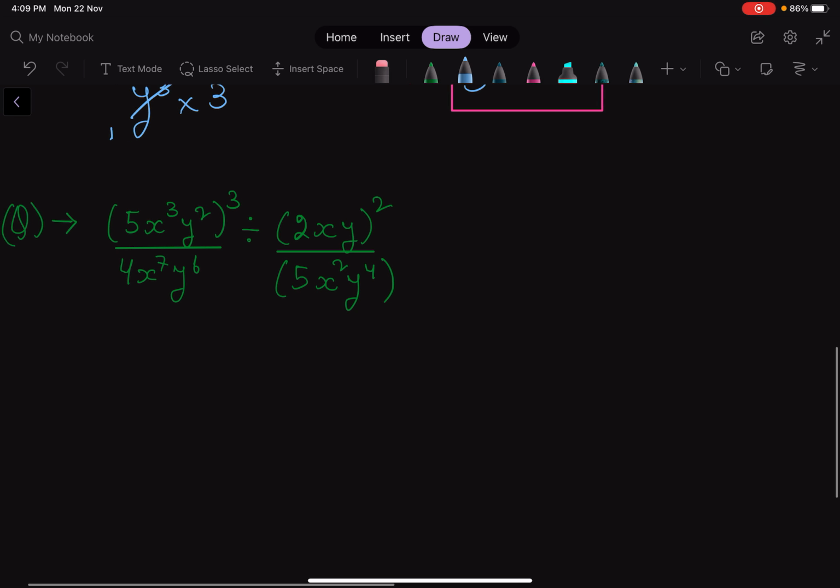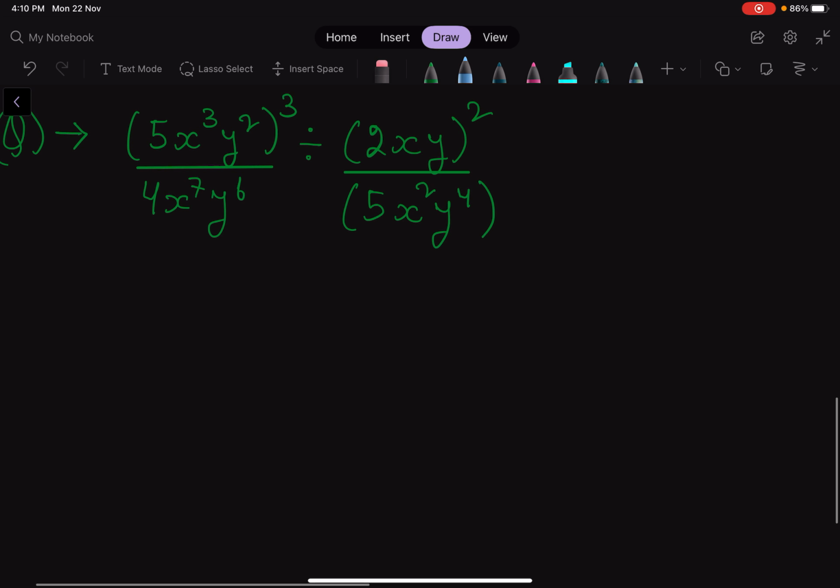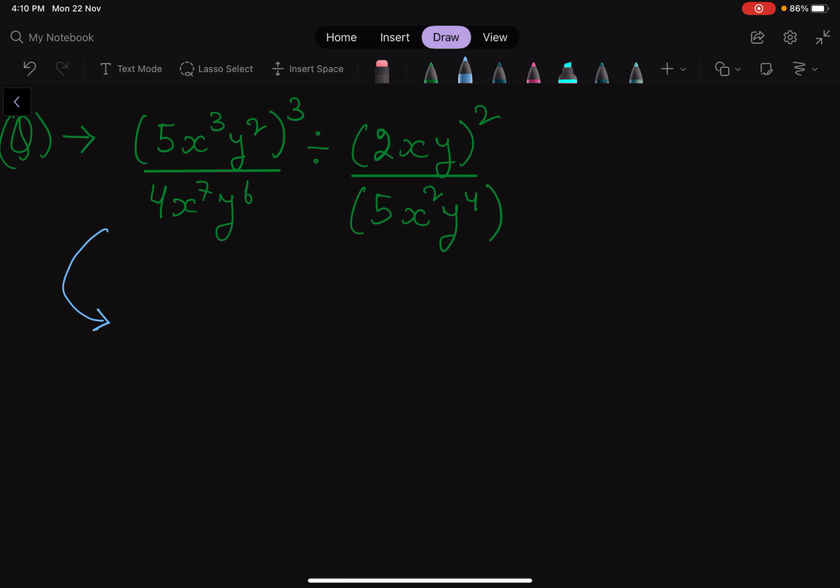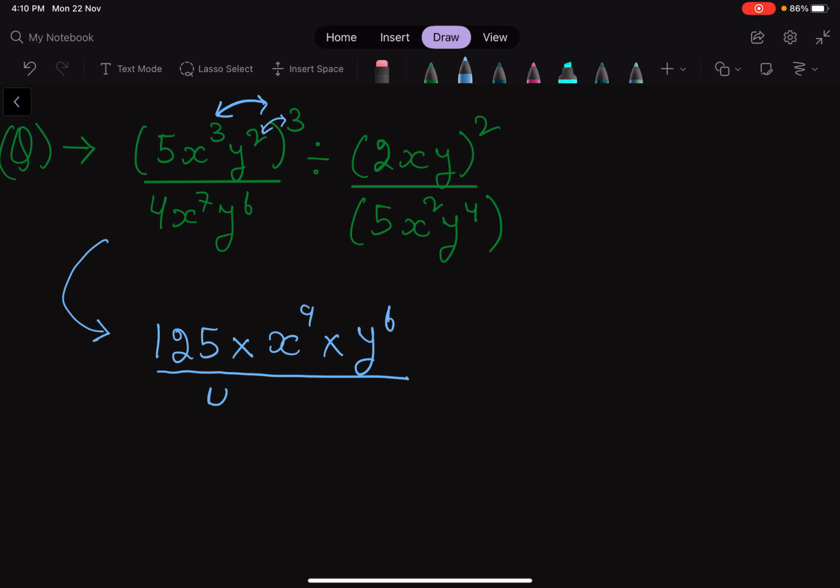Okay, moving on to the next and the last question. Here it's division. No need to be scared of the question. Just open the brackets first. So 5 power 3 is 5 multiplied by 5 multiplied by 5. It is 125 multiplied by x power 3, 3 threes are 9, you multiply these two, x power 9, then you multiply 2 by 3, so it's y power 6 divided by, you write it as it is, 4 x power 7 y power 6